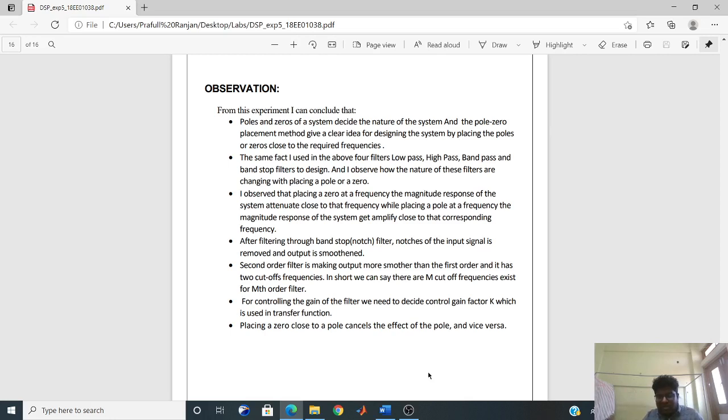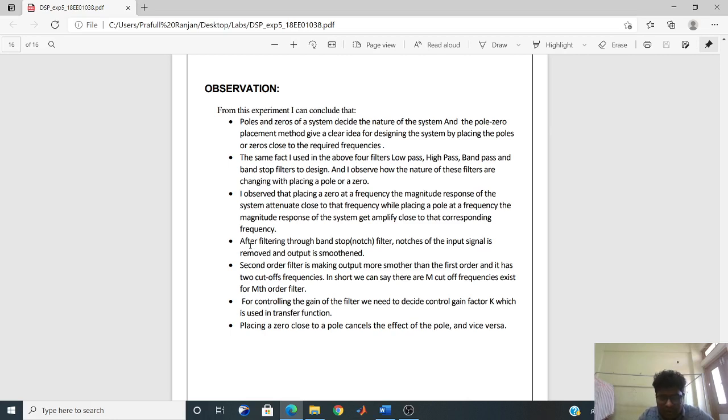And similarly for band stop filter, it will stop between FC1 and FC2. And I observed that on placing a zero at a frequency, the magnitude response of the system attenuates close to the frequency, while placing a pole at a frequency, the magnitude response of the system gets amplified close to the corresponding frequency. Yeah, that is what we have used in the